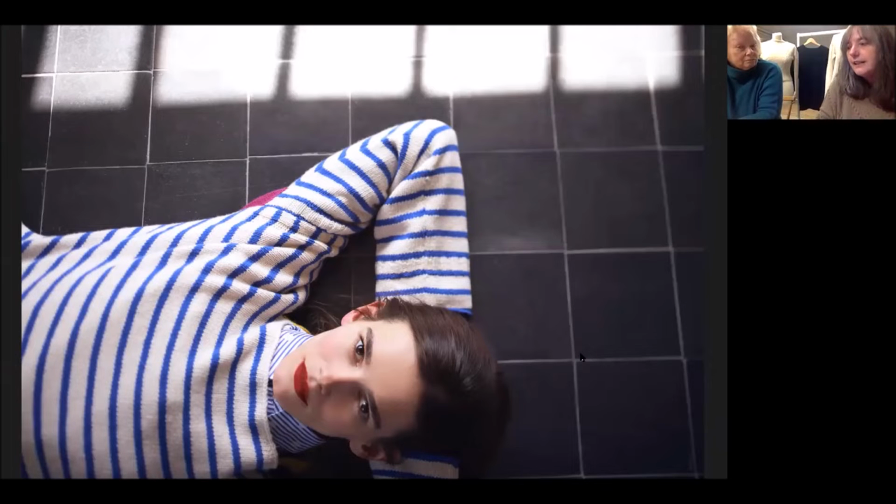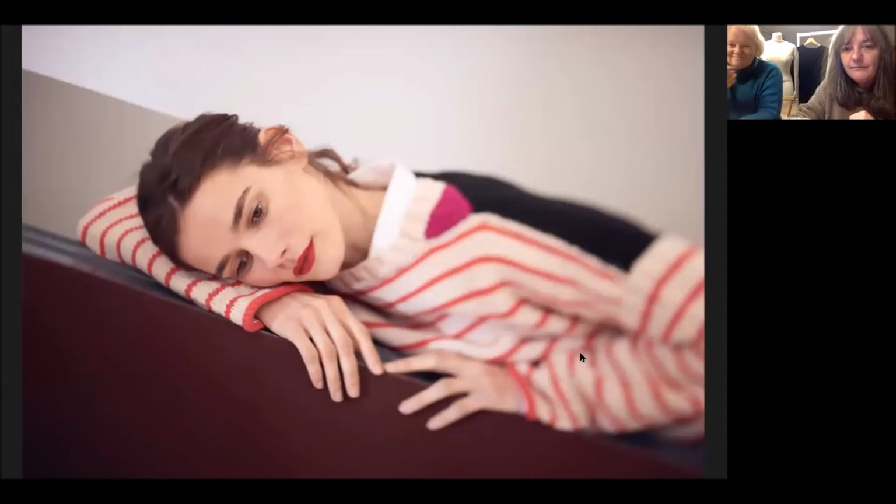And the designer April Crichton is really interested in workwear, as a lot of designers are. This has got lots of elements of Gansey knit within it, but taken out of context and used in a slightly different way. Here you can see the lovely gusset underarm, which is in bright pink. I thought I'd just throw that in because it shows you how things are adapting and changing. And again, here we've got the great